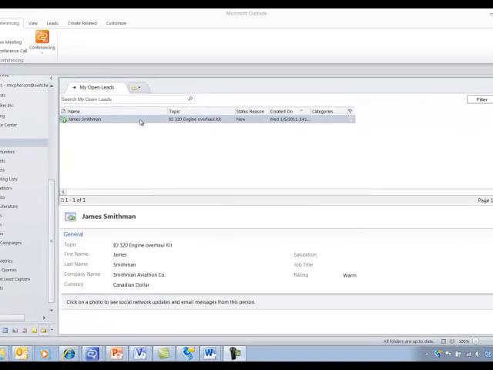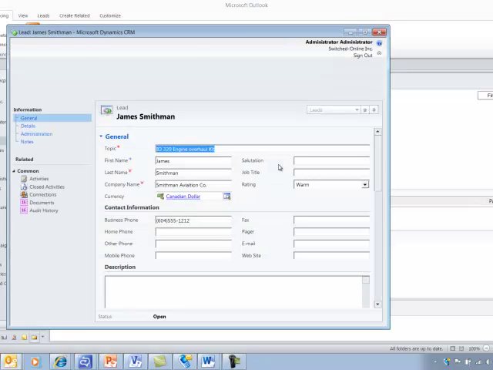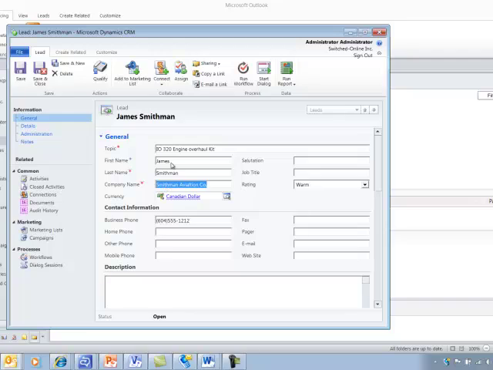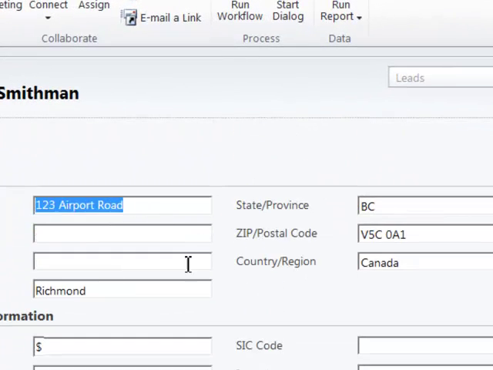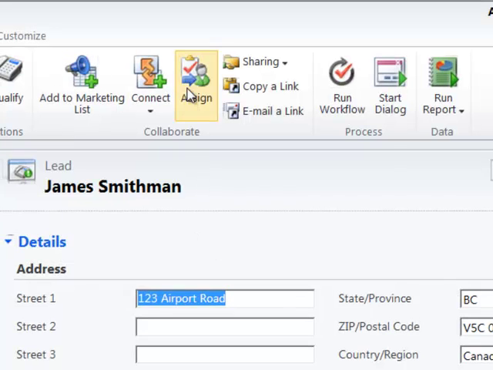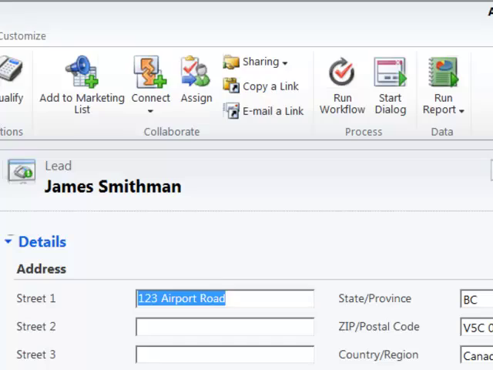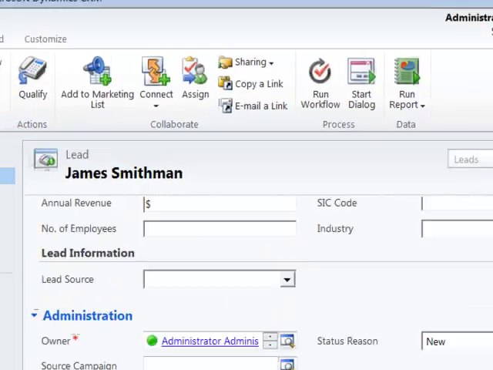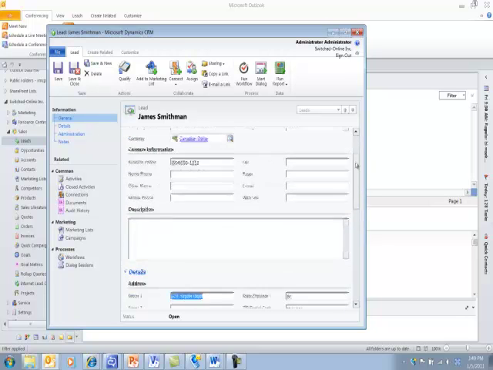The sales rep then opens the lead and reviews the details, including the name, the company name, the phone number, and the address where this lead is located to determine and make sure that he is the one who should be responsible for this lead. If he wasn't responsible, he could assign it to another user in the organization or to another rep. In this case, the sales rep is responsible and will want to follow up with this lead to see if there's anything that the company can do to convert